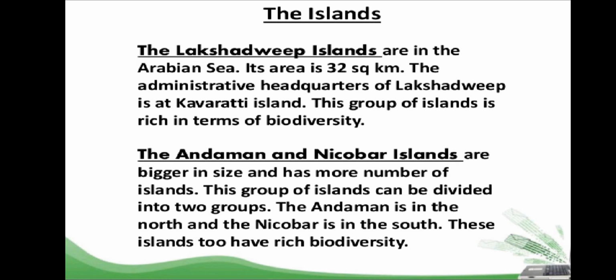Now let us talk about the Andaman and Nicobar Islands. It is believed that these islands are an elevated portion of submarine mountains in the Bay of Bengal. They are located on a submerged or submarine hill range and are probably formed by volcanic eruption. Some of the volcanic mountains are still active over here. They are larger in size and are known for their variety of flora and fauna.